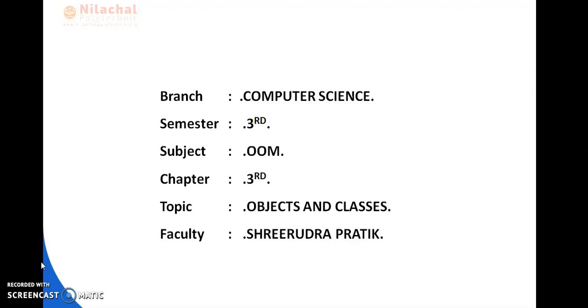In chapter 1 we discussed the different characteristics and features of Java, and in chapter 2 we discussed various control statements, operators, arrays, and how we can write different programs using these operators, using these conditional statements, and how we can use typecasting, how we can use arrays, declaration.